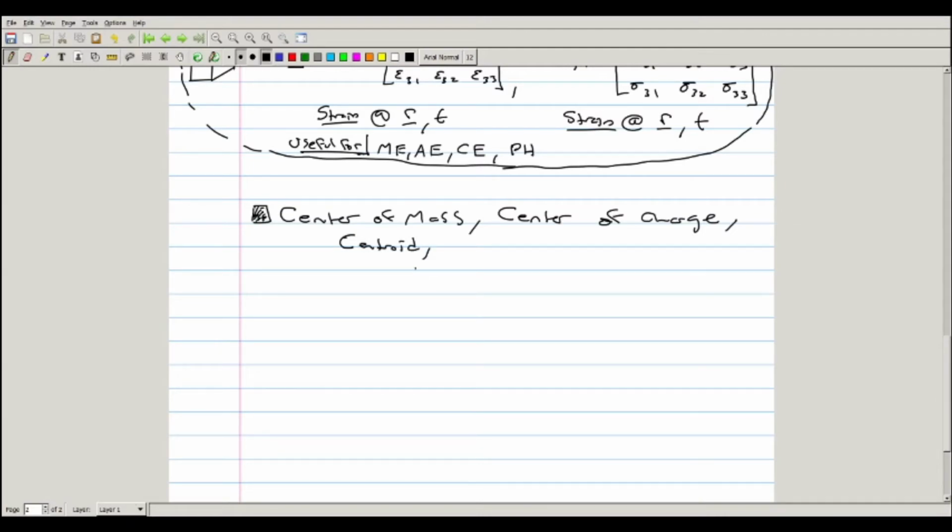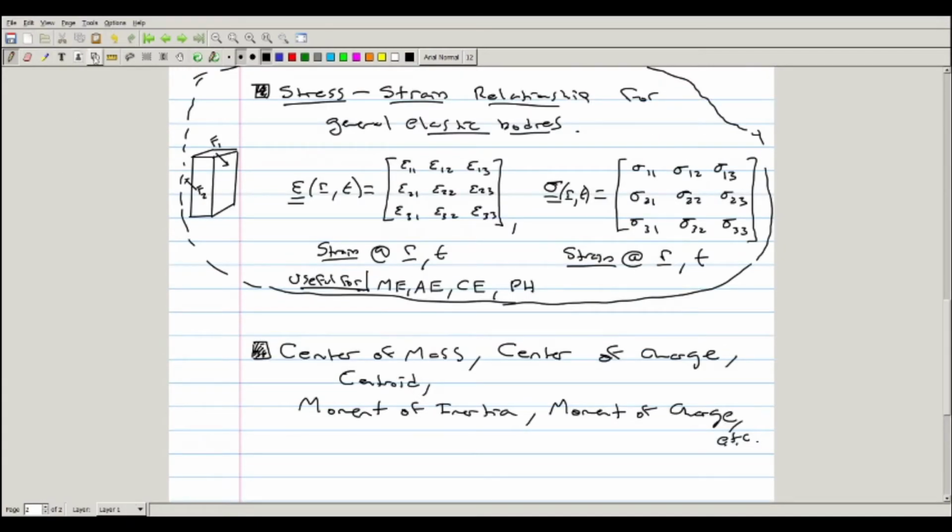And then these ideas also lead to what are called moments, specifically in civil engineering and mechanical engineering. The moment of inertia is super important. And in electrical engineering, what's called the moment of charge is very important. And this is related to this idea of if you take, say, this generic structure, maybe some generic beam,